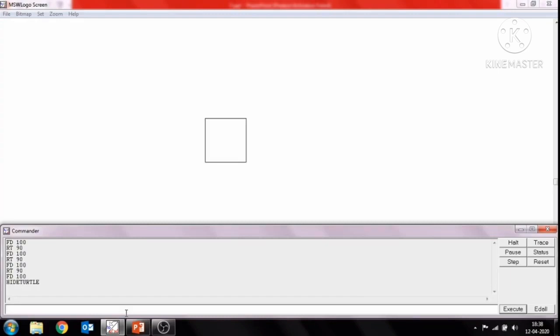In this example, give the show turtle command, show turtle or ST, then press the enter key. Here the turtle appears on the screen. The ST command is used to make the hidden turtle reappear on the screen.